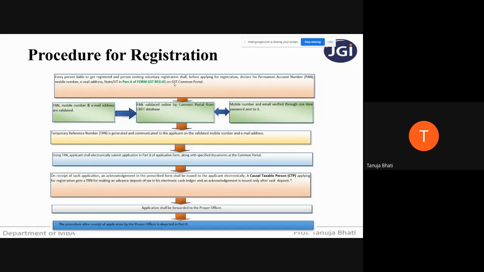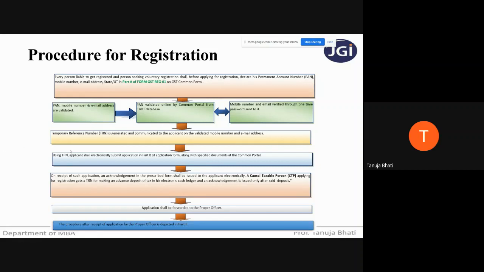So remember students, first and foremost, you're going to fill form GST REG01. After filling in that form, you're going to fill your PAN number, email address, mobile number. All this is going to be validated. How is your PAN number going to be validated? By cross-checking it with the same information in the CBDT database, and your mobile number and email address will be validated by sending a password on it. Once these are validated, suppose your PAN number is correct, your mobile number is validated, your email address has been verified,